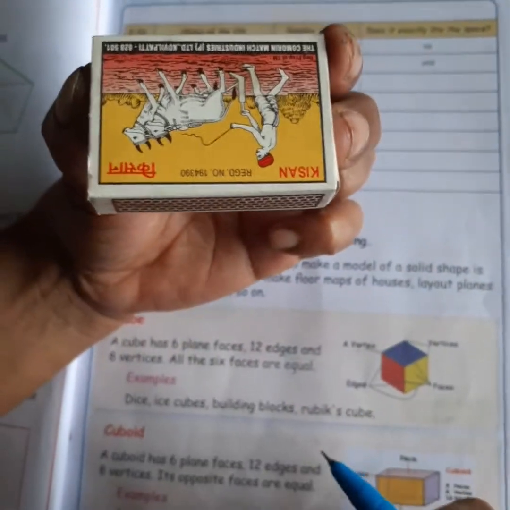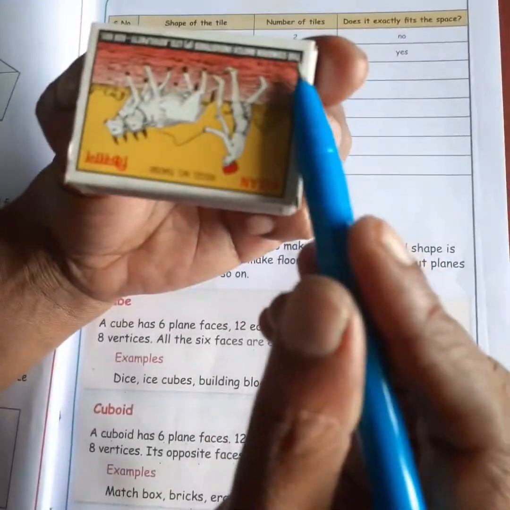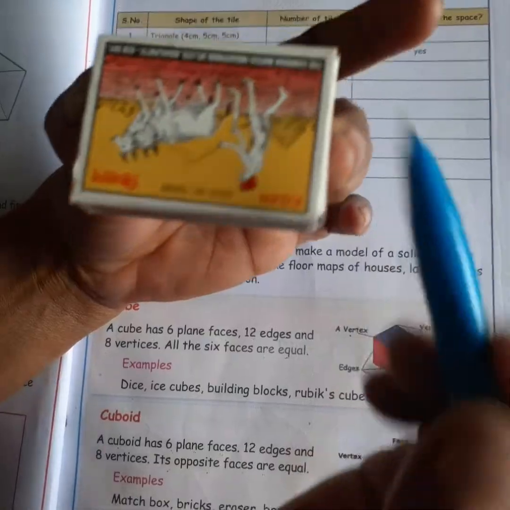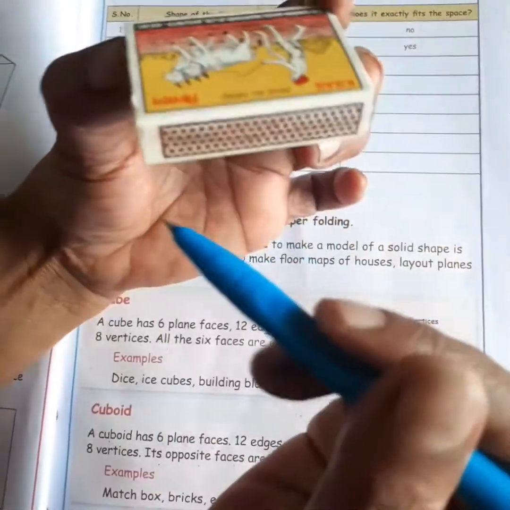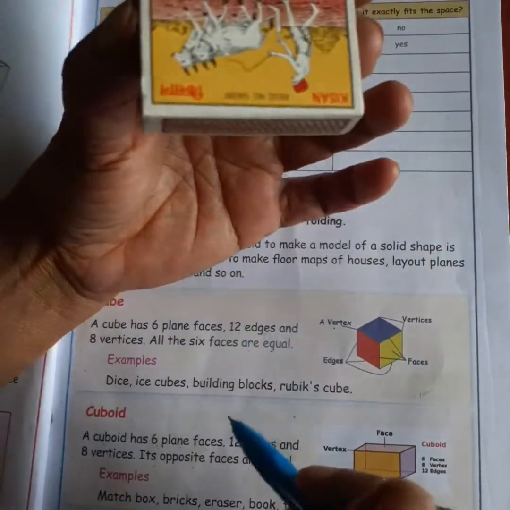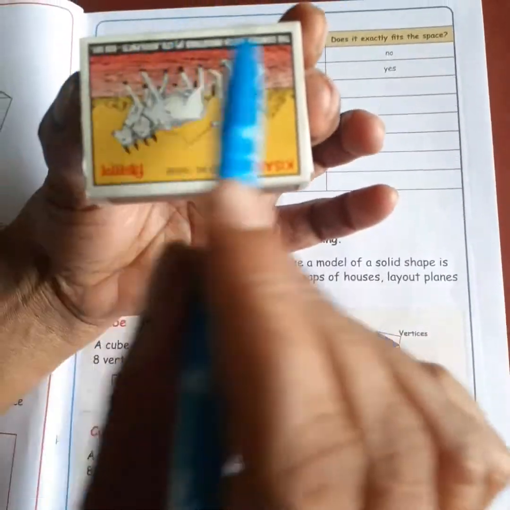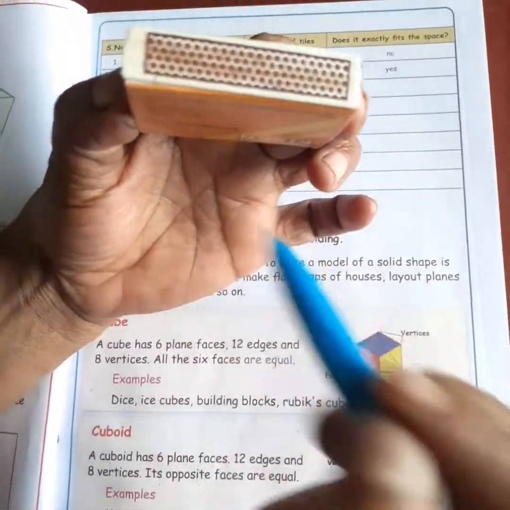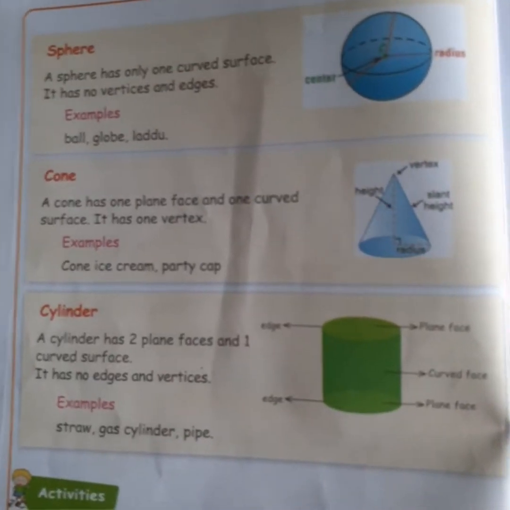And how many edges are there? 12. And how many vertices are there? 8. 1, 2, 3, 4, 5, 6, 7, 8. Students, turn to page number 16.